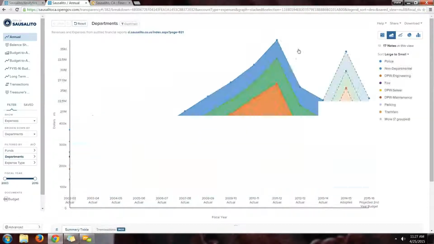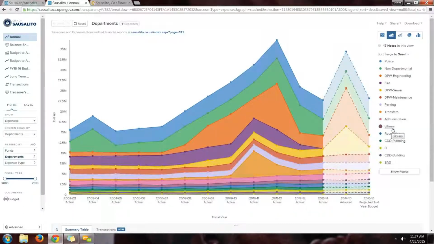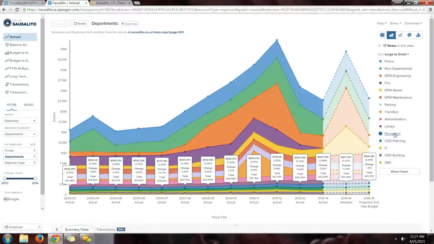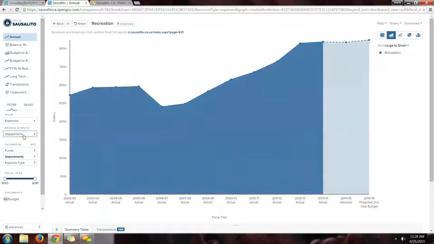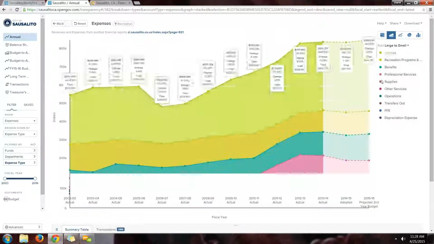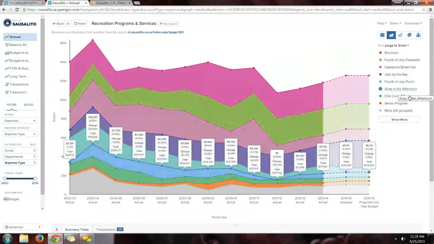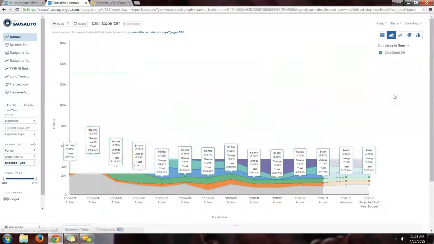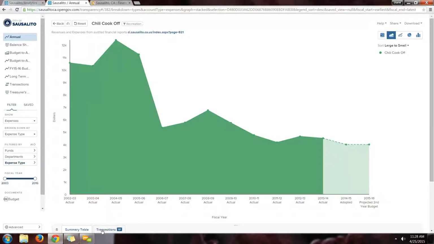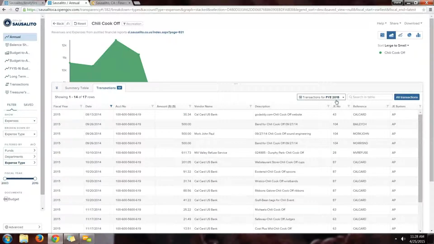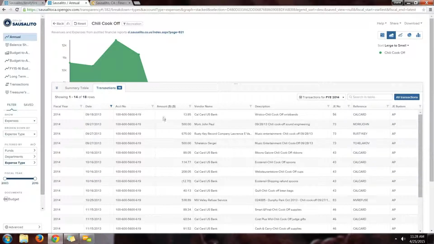For example, let's find the recreation department. Change the view to expense type. Look at recreation programs and expenses. And find chili cook-off. Once we're there, we can now look at every transaction that occurred for each fiscal year for the chili cook-off. For example, in fiscal year 14, a check was written for $13.95 through the Cal card